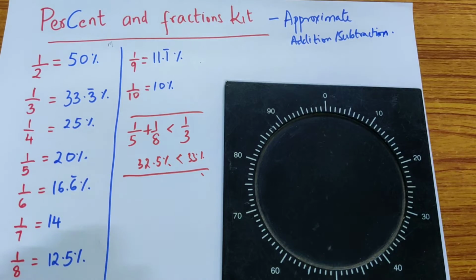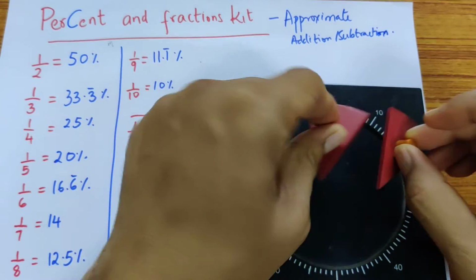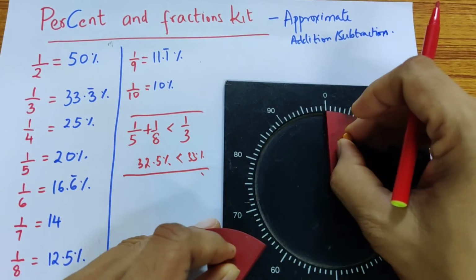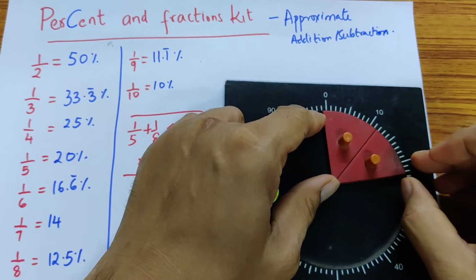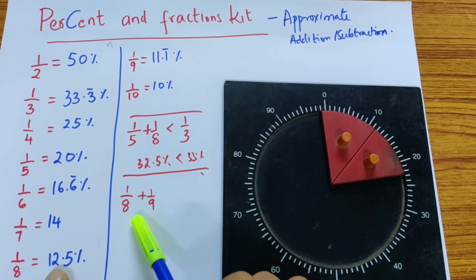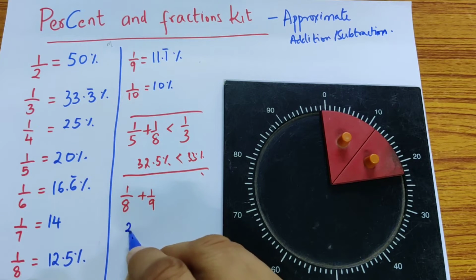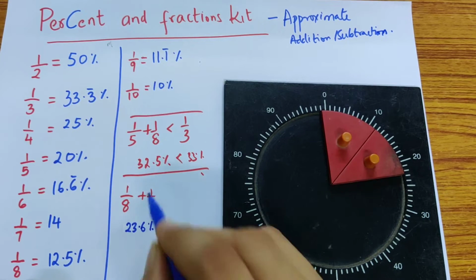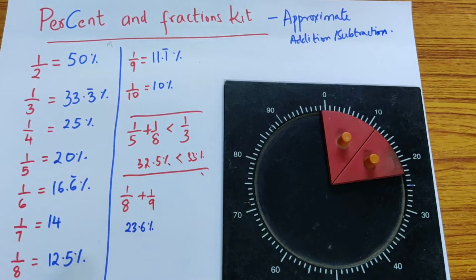So now we'll take another one. How about 1/8, which is 12, and is a little smaller than it. This is 11. 1/8 plus 1/12, 1/9. So 1/8 plus 1/9, so 1/8 is 12.5%, 1/9 is around 11%. So if you add the two together, you get 23.6, right? So this becomes 23.6, and you can see that this is clearly less than 1/4. 25 would have been 1/4. So this is less than